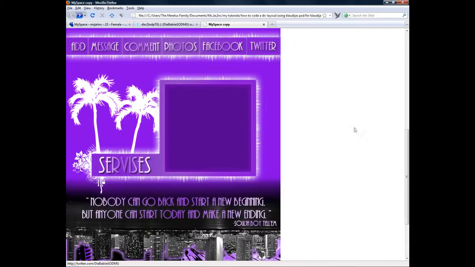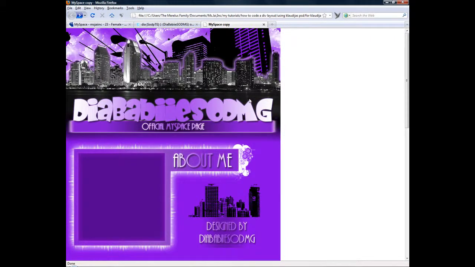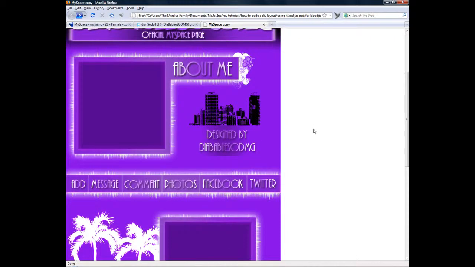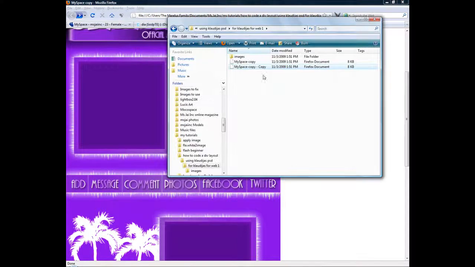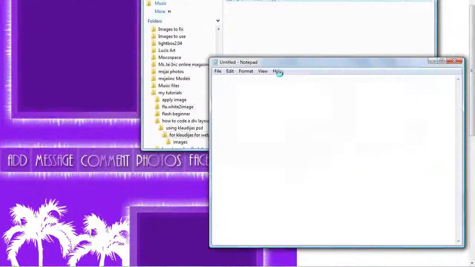I like for my, and unfortunately not all types of div layouts are ones where you can click on them and actually open up another window. Sometimes they'll just use that same window. So what I'm going to do is right click because I want to edit it. I'm going to open it up with Notepad. Okay. And it gives me, see, it gives me all